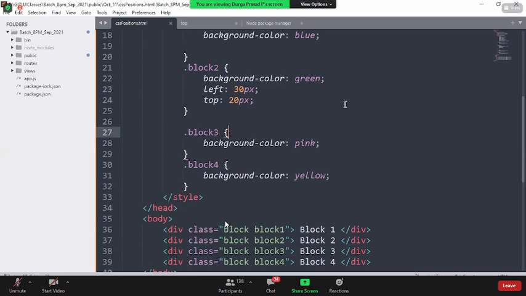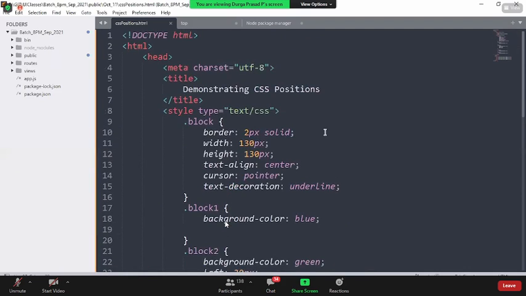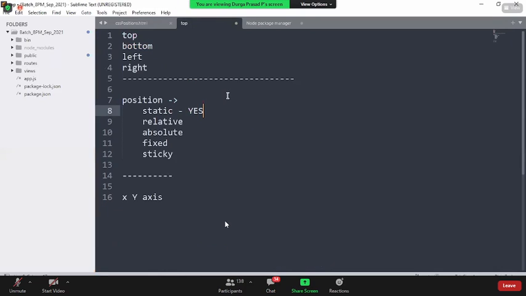Okay, fine. So this is how we call it as an element which is called a static element. By default, it is rendering under the XY axis, and you cannot apply the top, right, bottom, left properties. Even though you apply, it is not even considering. Okay, now what do you mean by non-static element?